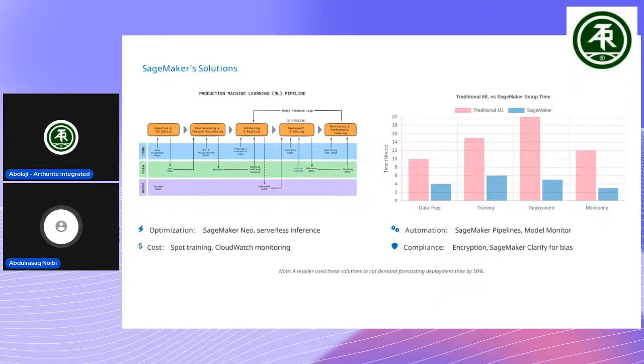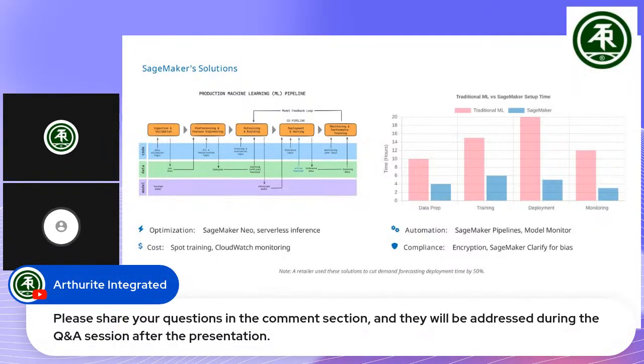When you look at your monitoring as well, the same thing with your monitoring. It's easy for you to know what's going on with your model, can easily get feedback and know what's going on and all of that. Okay, then we also have optimization, right? With SageMaker, it's optimized, it's serverless. You don't have to worry about managing servers, things like that. You don't have to worry about installing dependencies. You don't have to worry about, okay, do I need to install a particular package, things like that. Those things are already taken care of.